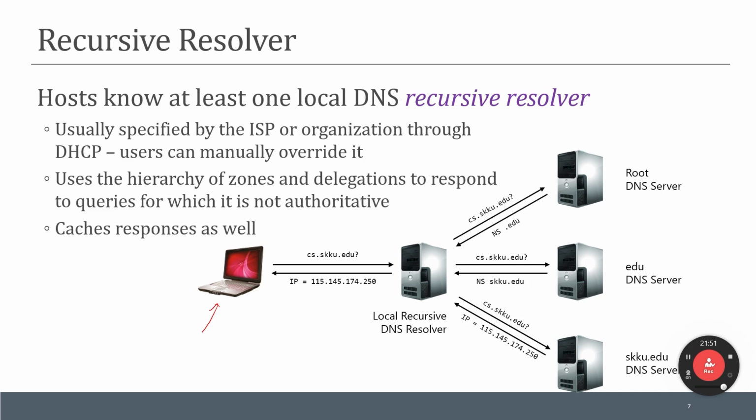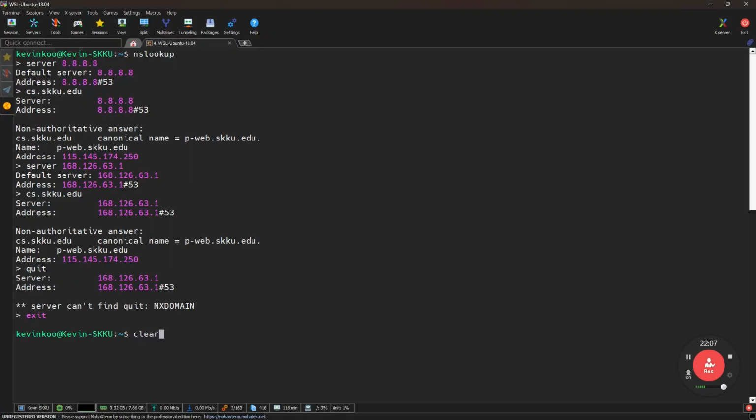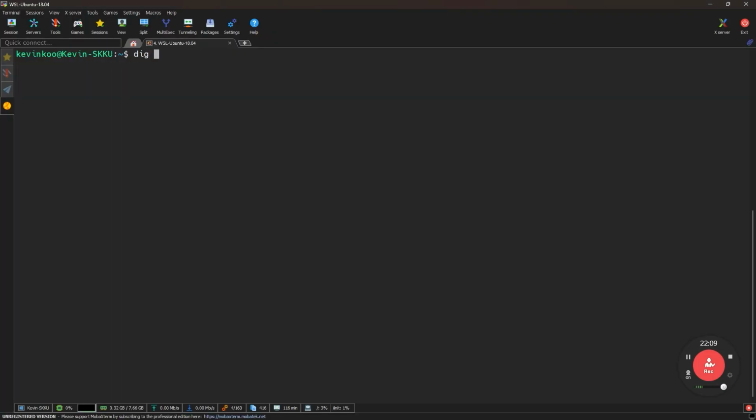And here the local recursive server actually has the information in the cache, right? How can we observe this? You can actually do this with the dig command, dig +trace skku.edu.